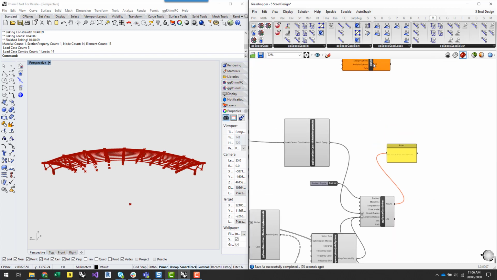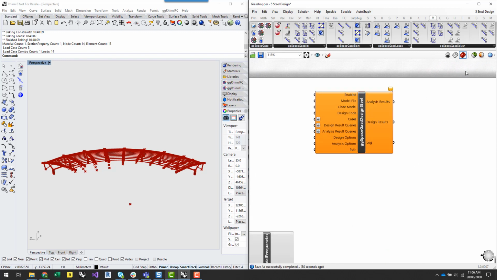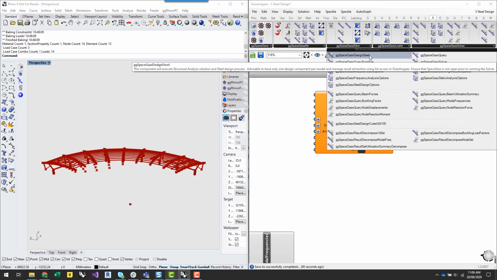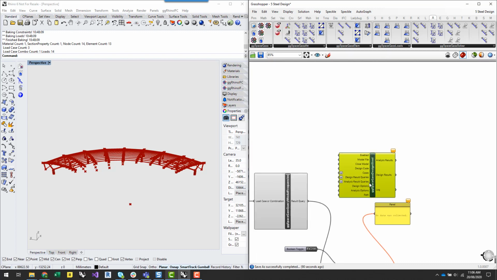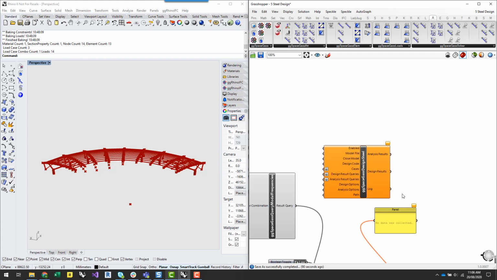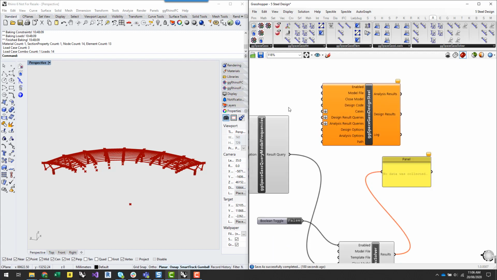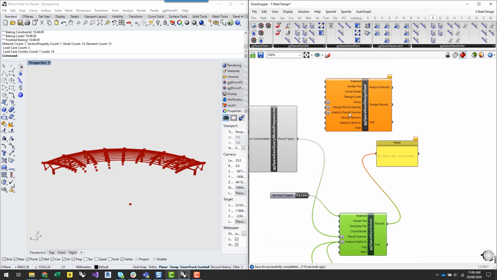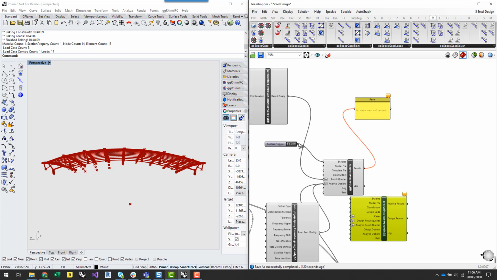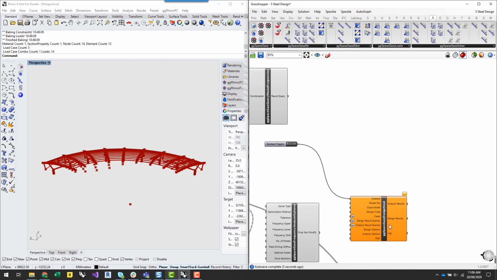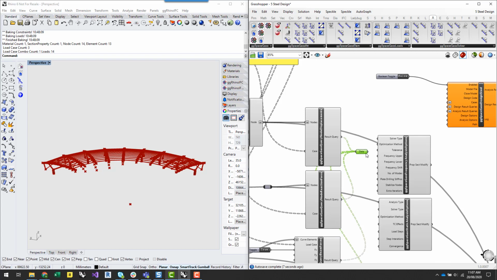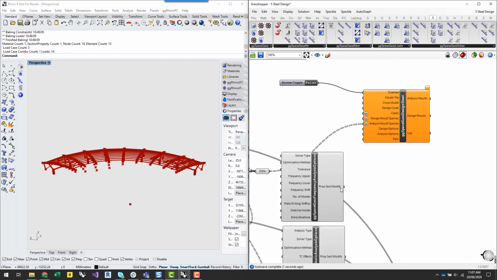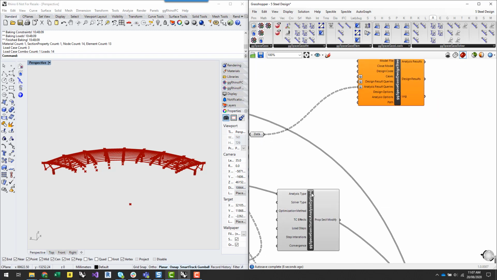And what we're going to do is come back to the steel design component, which we talked about briefly before. It's under the solver component again. What this component will do is allow you to trigger the SpaceGass steel design feature. This component also basically encapsulates all the functionality of the SpaceGass solver component. So you'll see analysis result queries as well as design result queries. So I can effectively remove this solver component from here, and all my analysis type queries I could drag into here as well. I'm just going to remove the modal stuff,